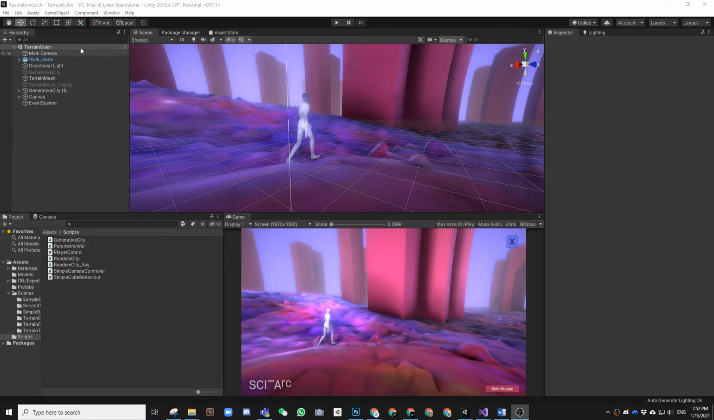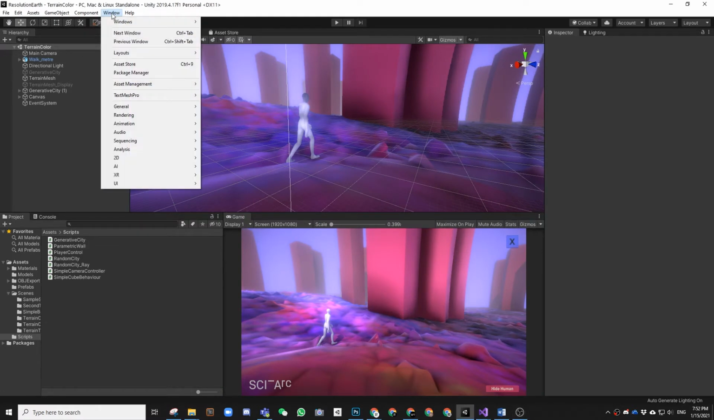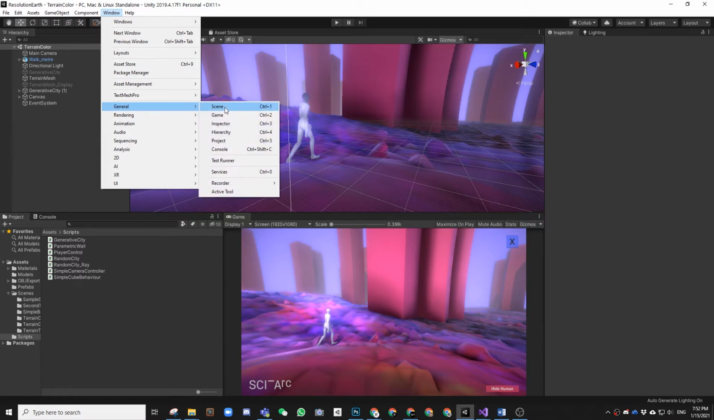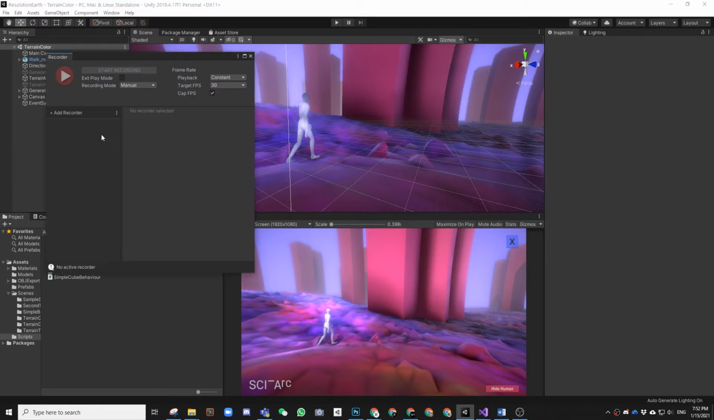Once you have the package ready, you can see from Windows, General, Recorder, you will find this recorder window menu. Go to the recorder window, and you can also change the frame rate. You can leave it at 30 frame rate. You can leave it on manual, and we can add a recorder. In this case, we are going to try with movie,